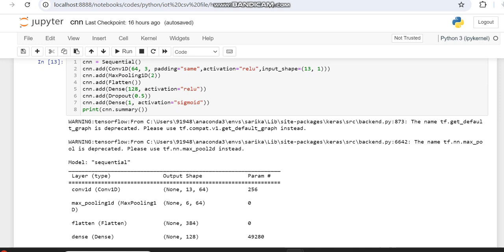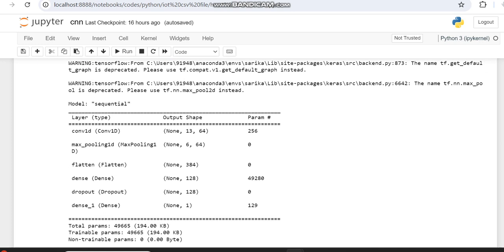Why 1? Because here our work is binary classification. In binary classification, we give the dense layer output dimension as 1 only. If it is multi-class classification, we replace the dense layer output dimension based on the number of classes, and in binary classification the activation will be sigmoid. Then we are getting the summary of the